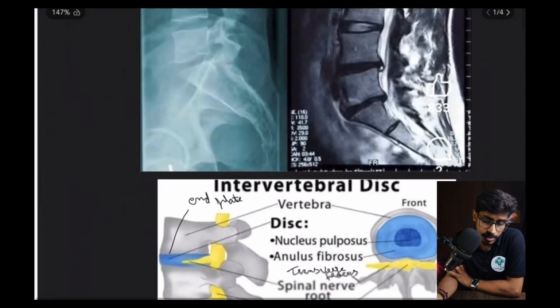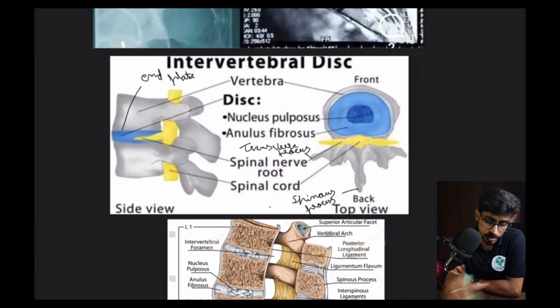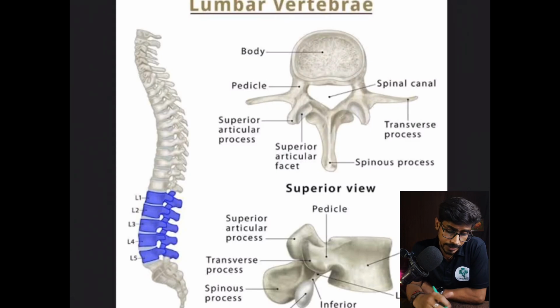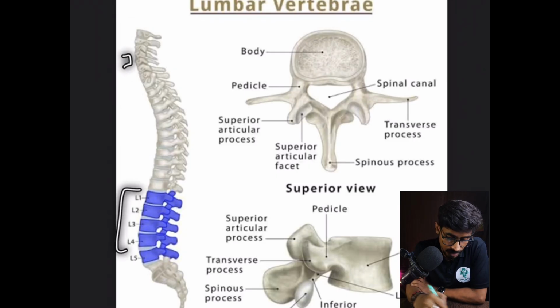So let's first understand the basic structures, and what the basic surrounding ones associated with them are. Let's start from the basics. In this photo you can see a lumbar vertebra body is given. There are 7 cervical spine, 12 thoracic spine, 5 lumbar, 5 sacrum, and a few coccyx.